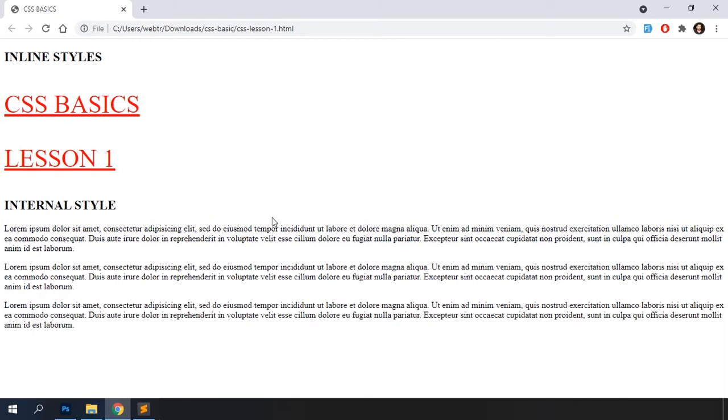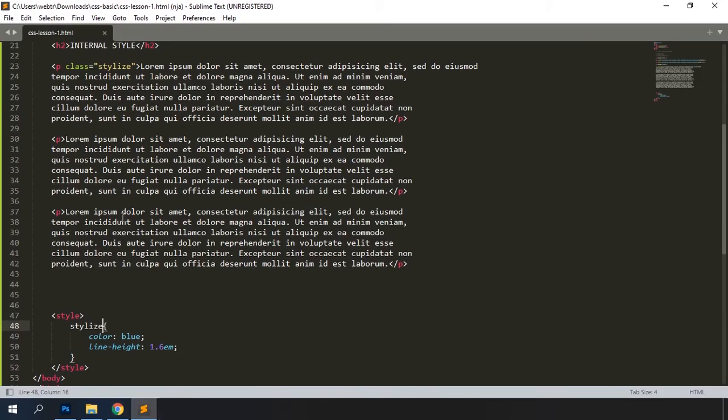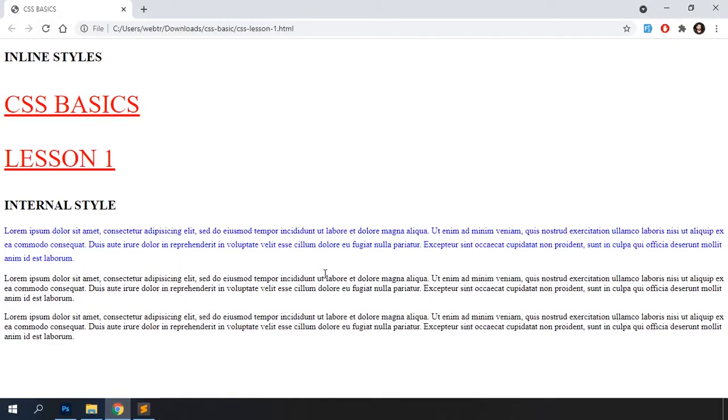That's because HTML does not recognize any markup named stylize. So we need to indicate here that stylize is a class name, not an HTML markup. To do that, all you need to do is add a dot in front of the class name without leaving any space between. Refresh the browser, and you can see the style is applied to the paragraph with class name